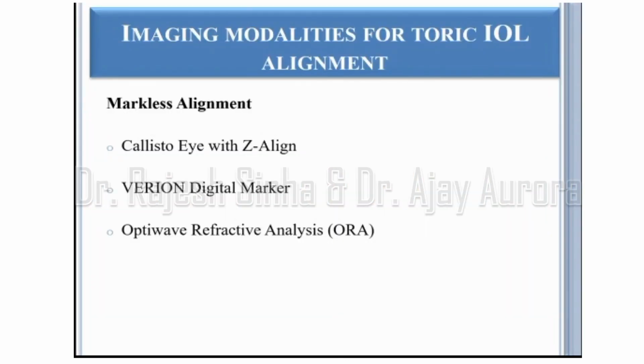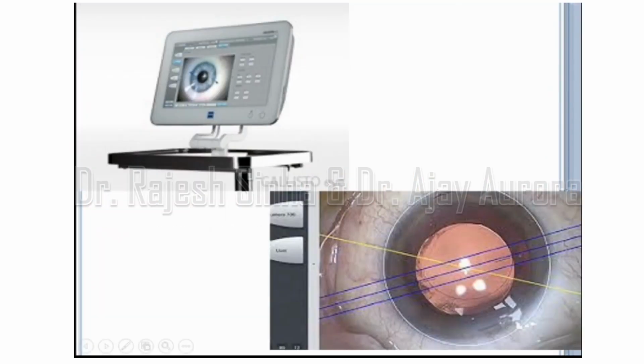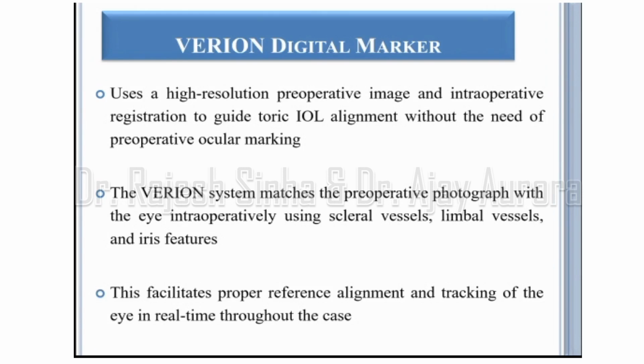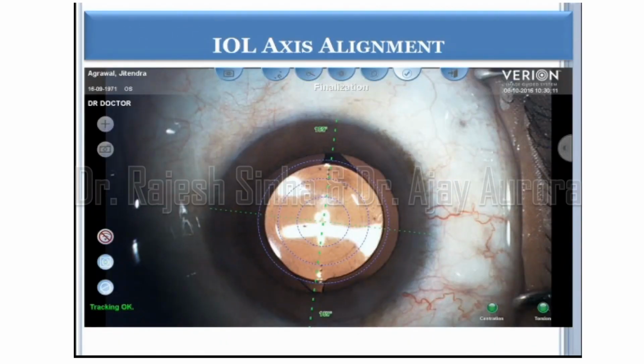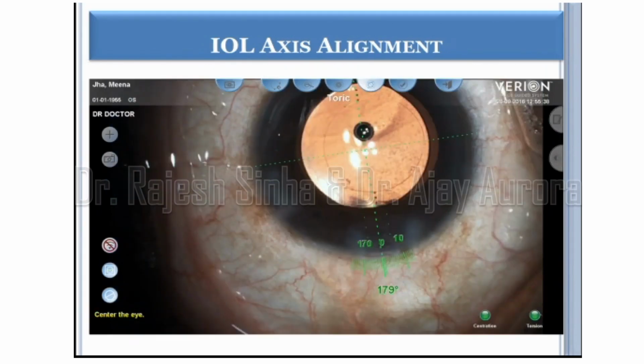There are certain markless imaging modalities like Callisto eye, as you can see here. The central line is the one which is used to align the IOL. The Verion digital marking, you can see how well the line is marked along with the points that are there